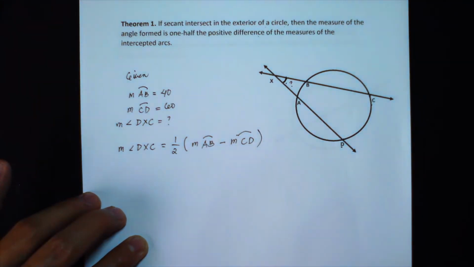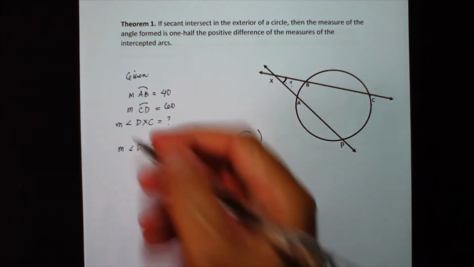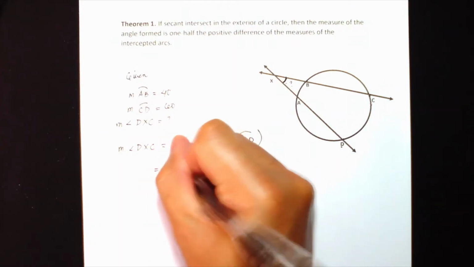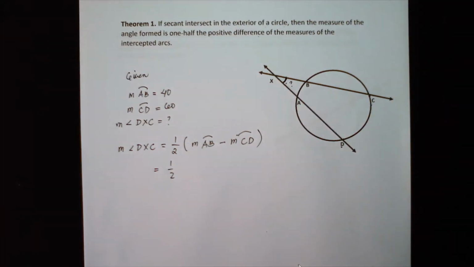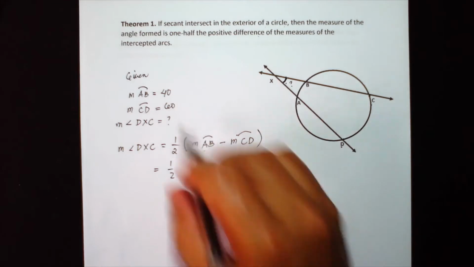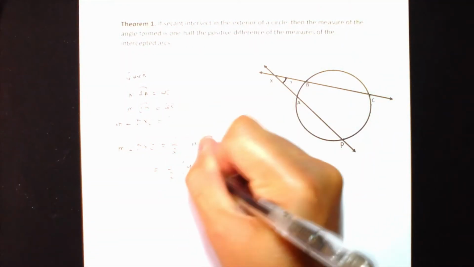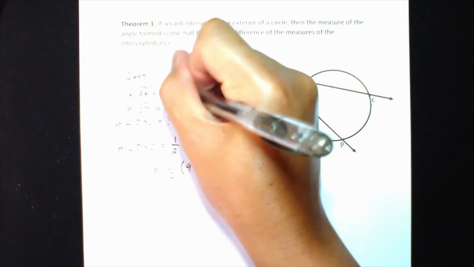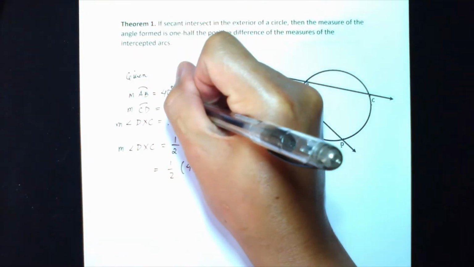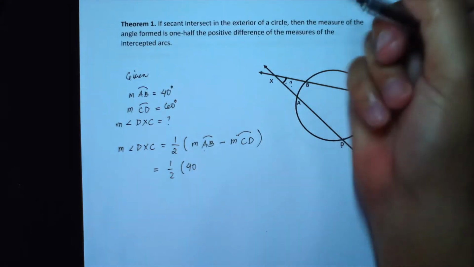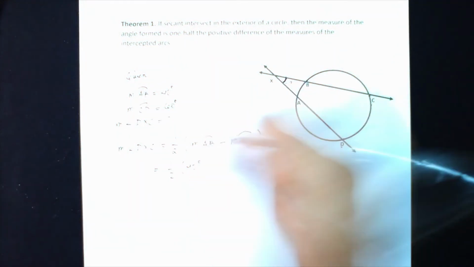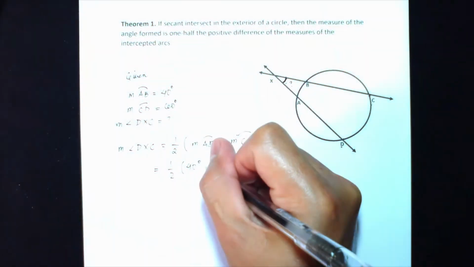Let us substitute the given values. We have 1/2, and AB is 40 degrees. The unit for arc is degrees. So this will be 40 degrees minus